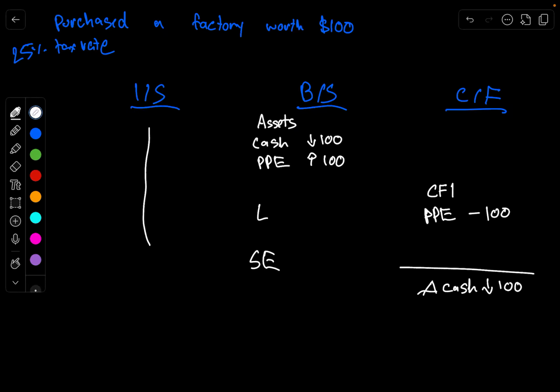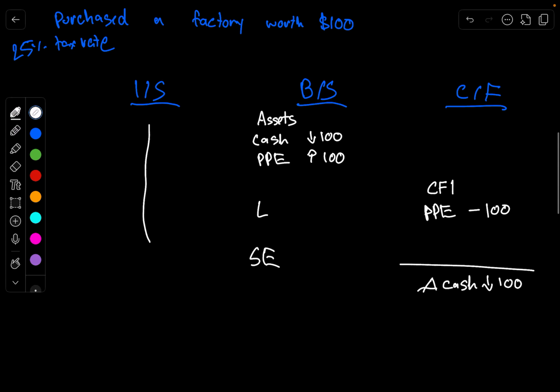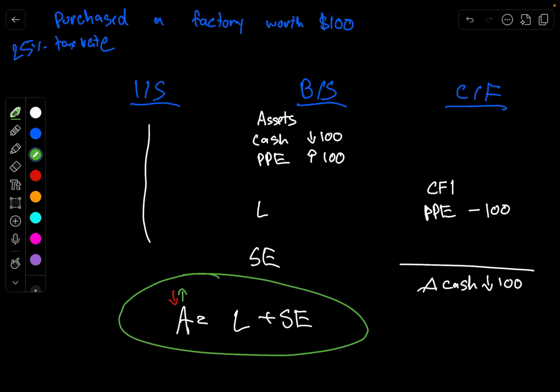No, right? So we can see in our formula, assets equals liabilities plus shareholders' equity, we had a negative adjustment of our cash balance, and we had a positive adjustment for our PP&E, meaning that this still holds,